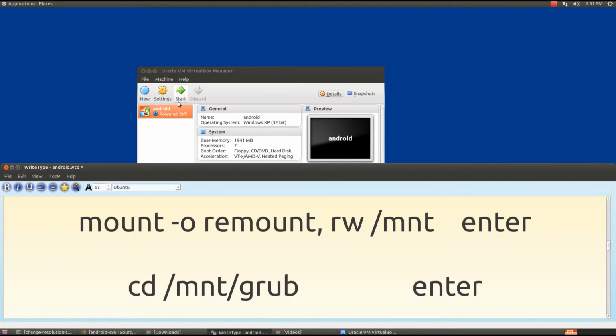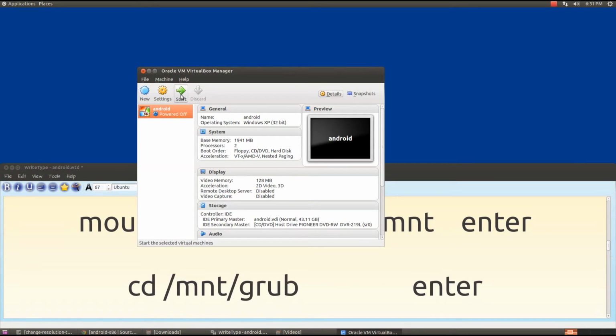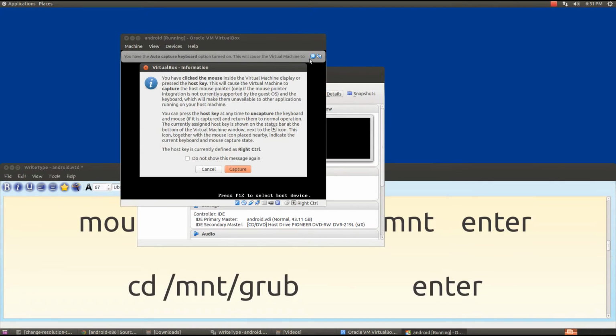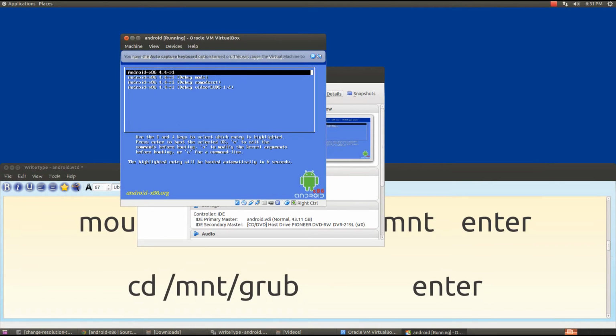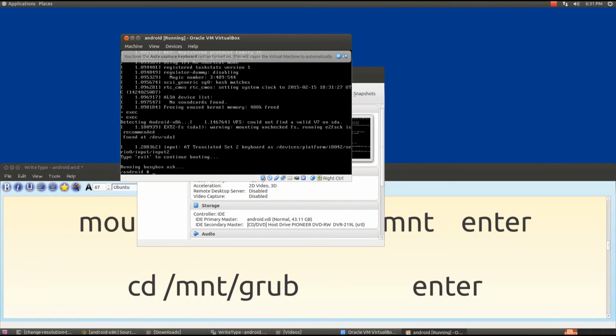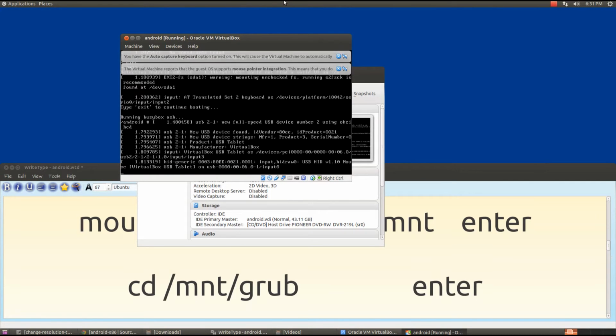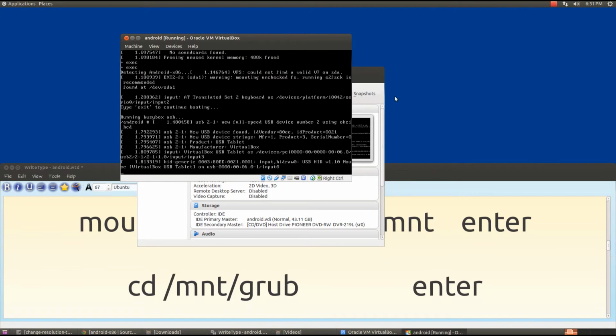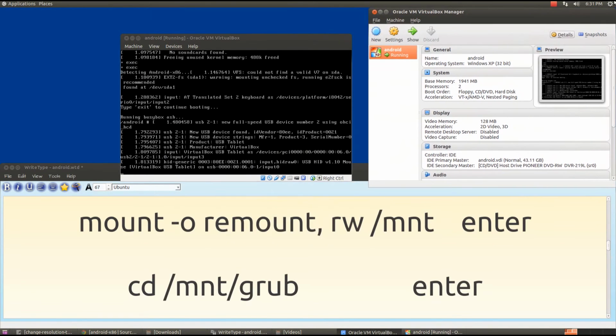So after shutting it down, I will start Android one more time, and same thing again, capture the mouse. And now you have to go to the second line, debug mode. So what you do, you use the up and down arrow key and go to debug and confirm with enter. And after a few seconds it stops rumbling, and now you have to add some commands into this